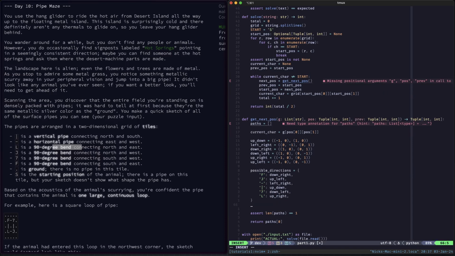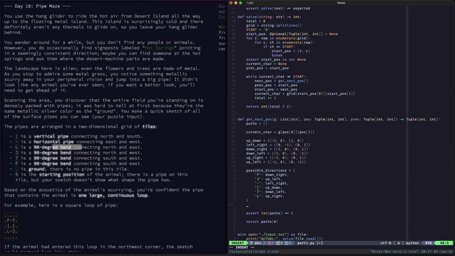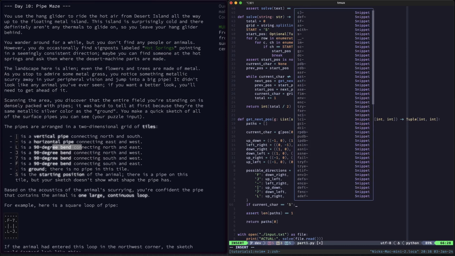So now what we want to do is say, if we are on S, so we want to determine where we can move if we're on an S character, because there's our first port of call. Like, we're on an S, what can we do? So if current character is equal to an S,